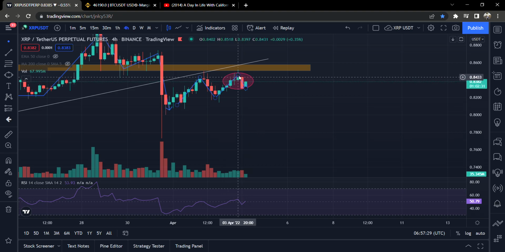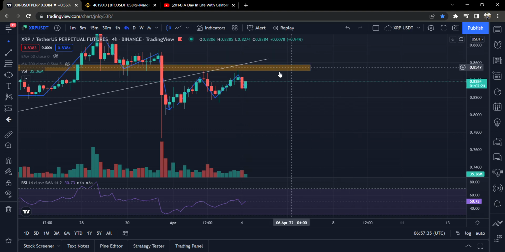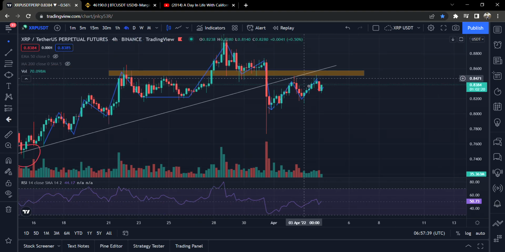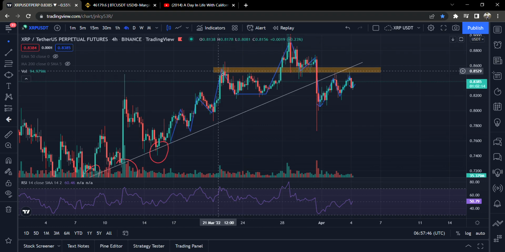It is a kind of evening star candle at the double top, and now I'm sure that this is it, and I was waiting for this setup, and it has made this double top after it broke the structure and at the major